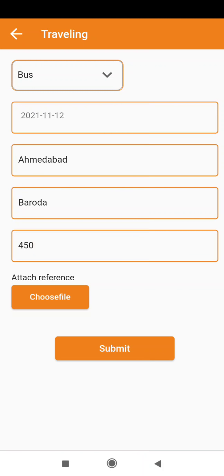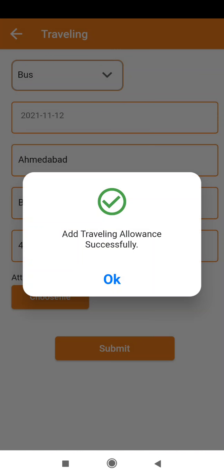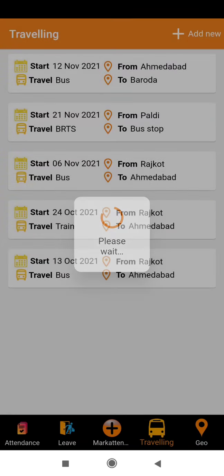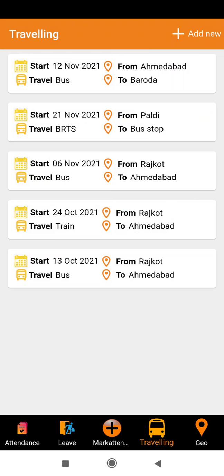You can attach a reference file, such as tickets. It's optional, and I click on submit. The traveling allowance is added successfully.